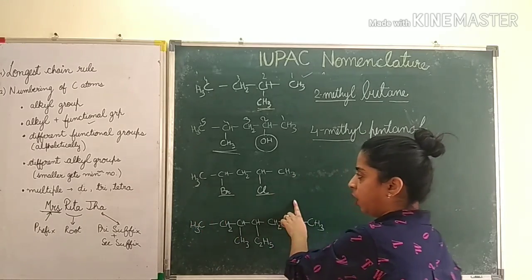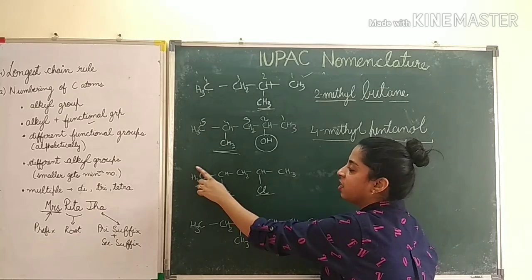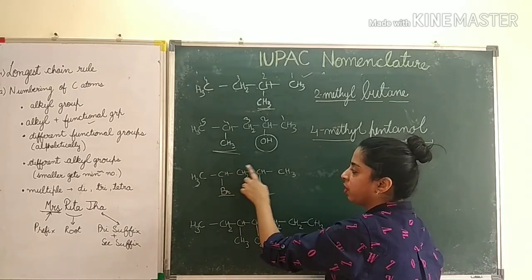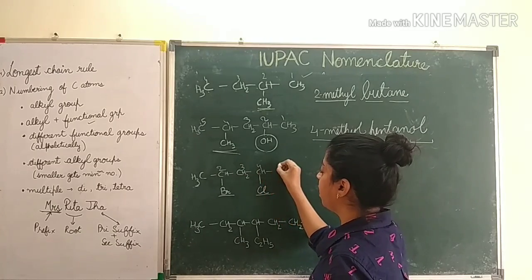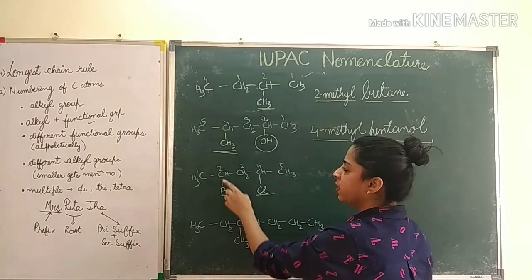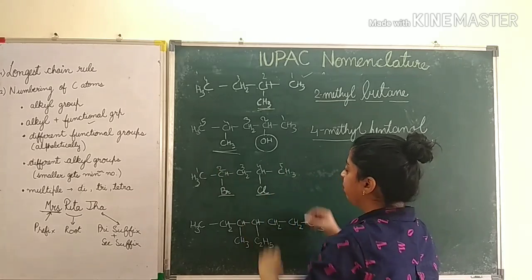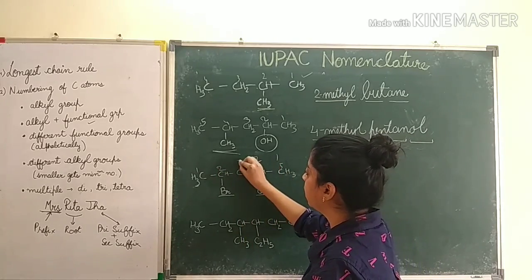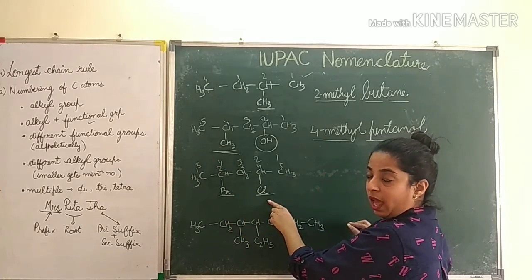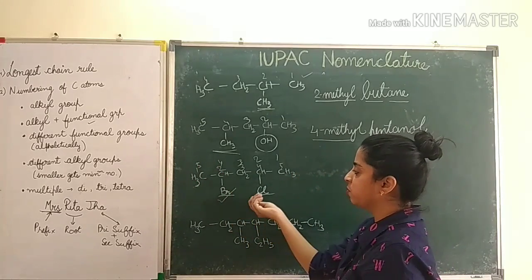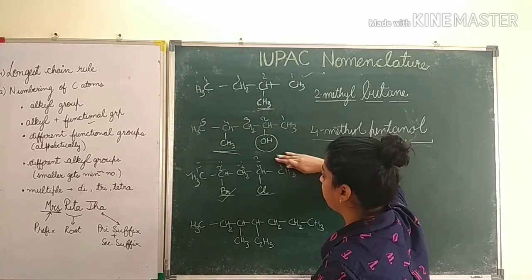Now going on to the third one, the total number of carbon atoms is 5. So I can start numbering from here. So 1, 2, 3, 4, 5. So bromine is getting position 2 and chlorine is getting position 4. But if I start numbering from here, these will be the positions. So whom should I give preference? Alphabetically. Bromine, B comes before C. So I will follow this numbering 1, 2, 3, 4, 5 from here.